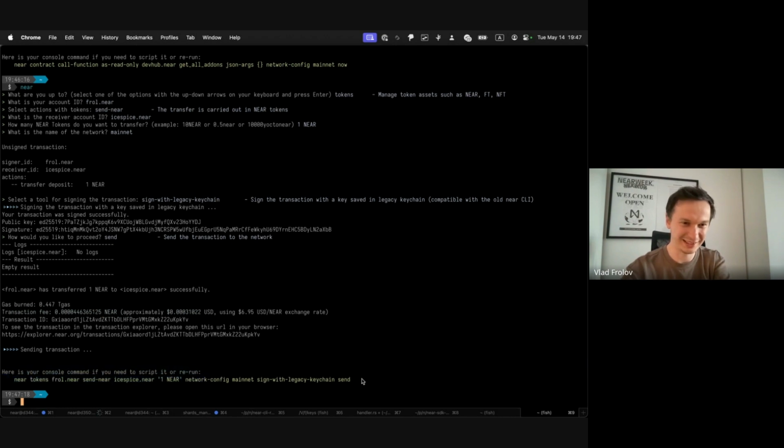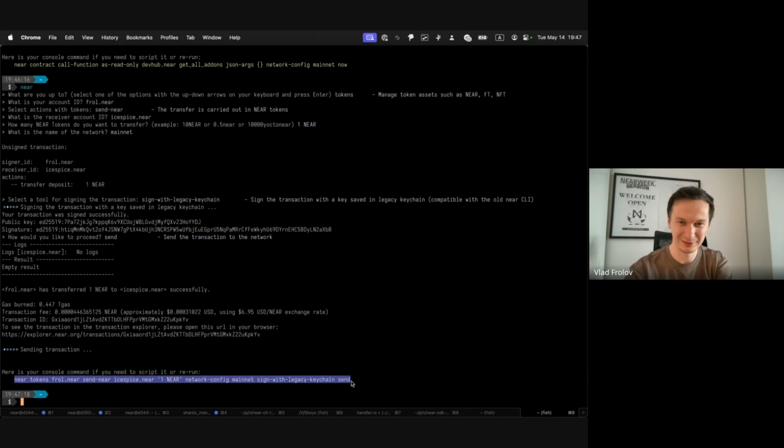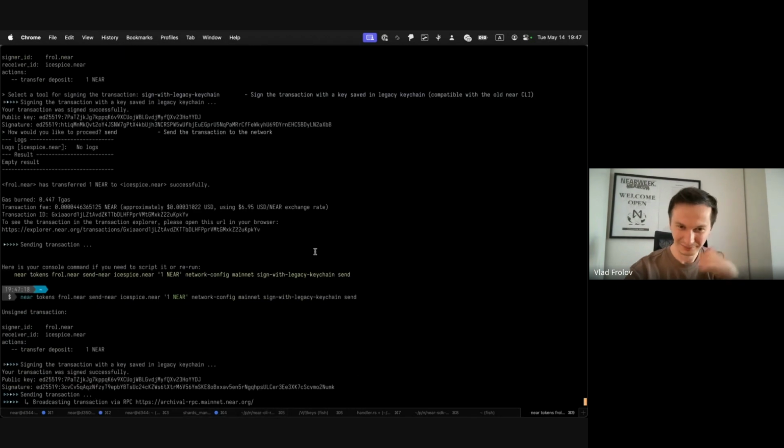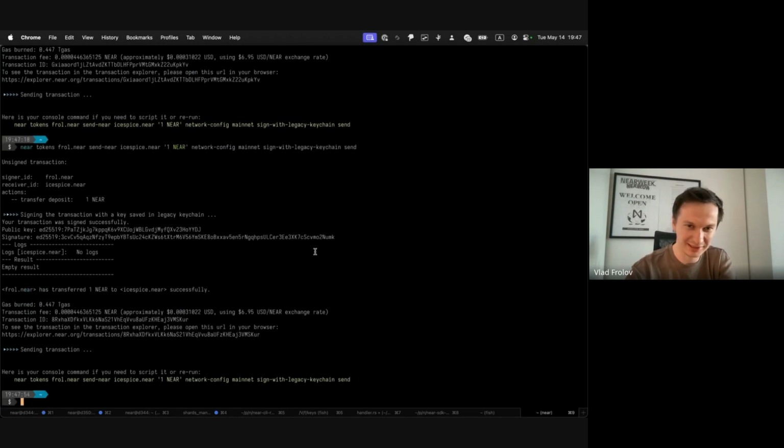And also a quality of life improvement: now you can see the suggested command to send it once again, or script this command for further reference, or just replay the commands. Here we are.